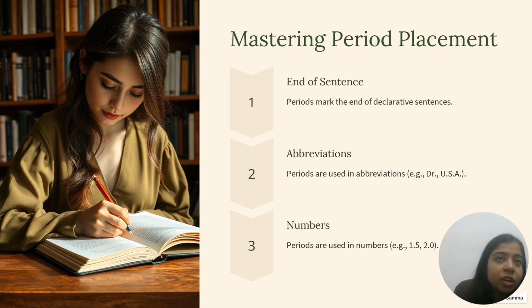Next is for abbreviations, like when we are saying the name of USA or anything. Okay, some school name is LPS, okay, CMS, any of these words in which we need to just write the initials and then we put full stop to make the initials separate from the other initials. Okay, next is numbers, like 1.9, 2.9. We put decimal sound because if we don't put decimal, it will become 19, but we don't have to say 19, it's 1.9. So that point is period. Okay,